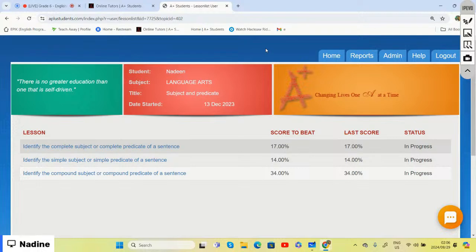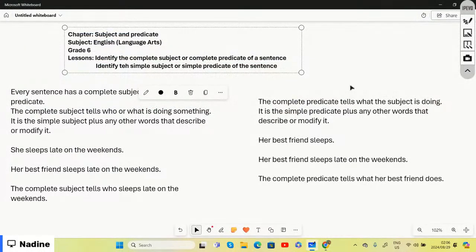All right. So our chapter is subject and predicate. Our subject is English Language Arts. Grade 6,